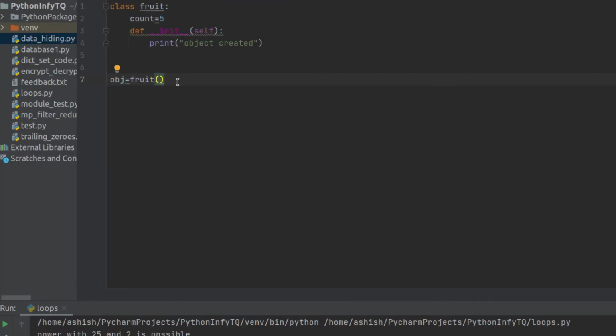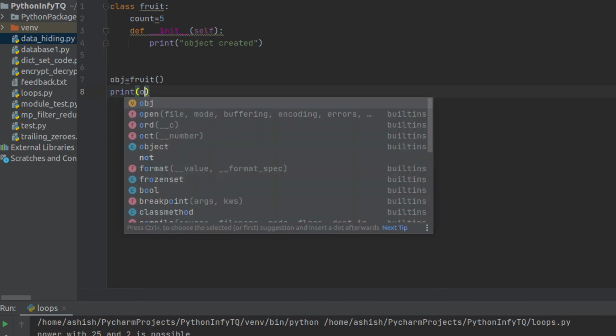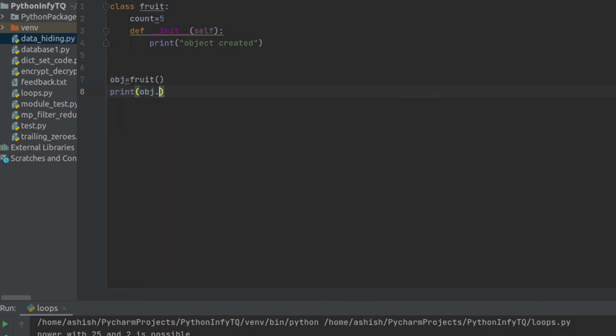I have created the object. Now for that, let me show you obj.count. So right now you can see I have an attribute named count, and after creating an object outside the class, I will be able to call it with respect to the object which I have created, and I will be able to access the attributes.